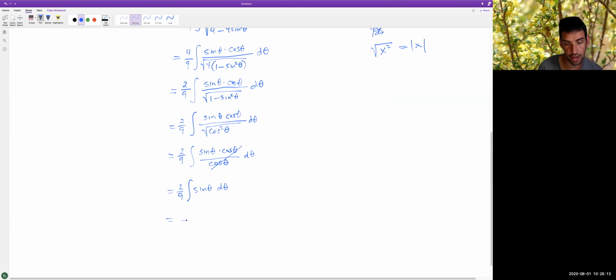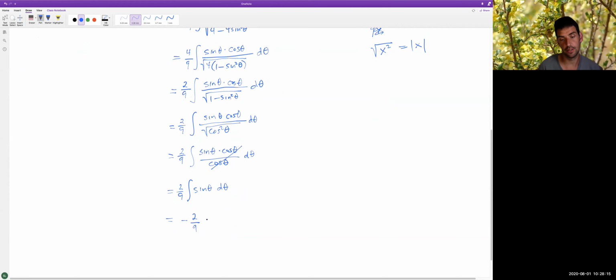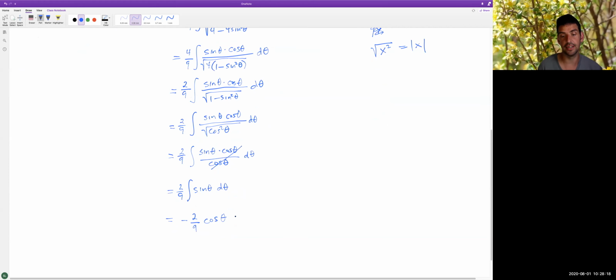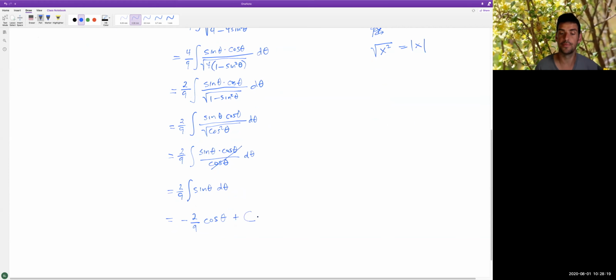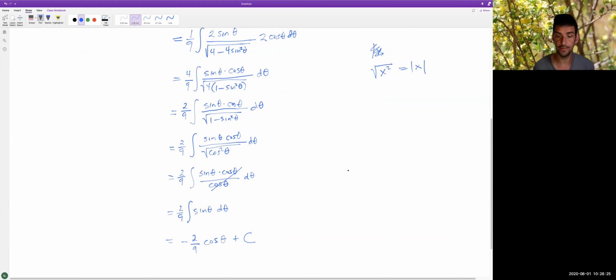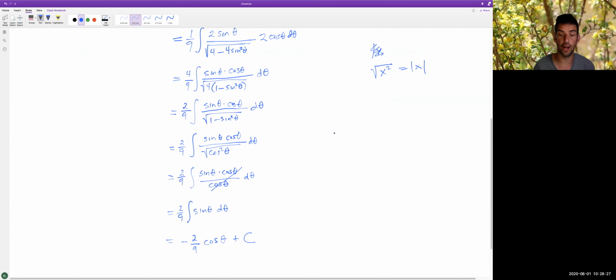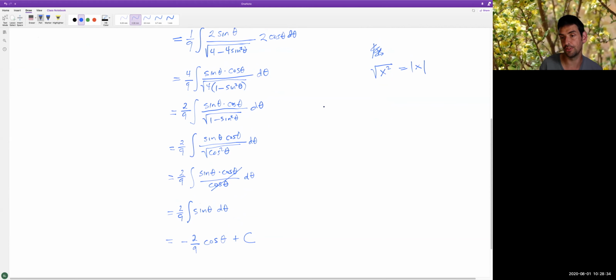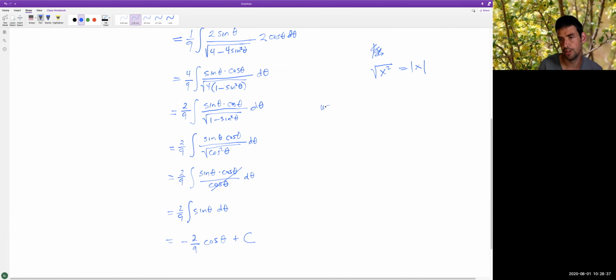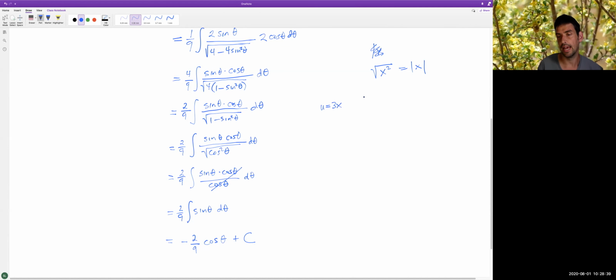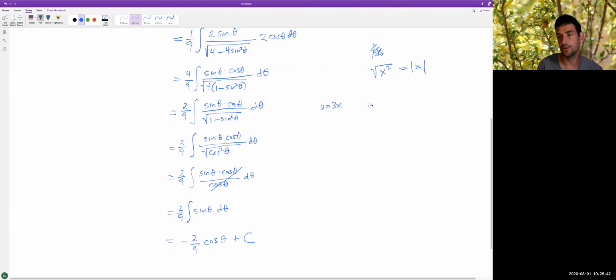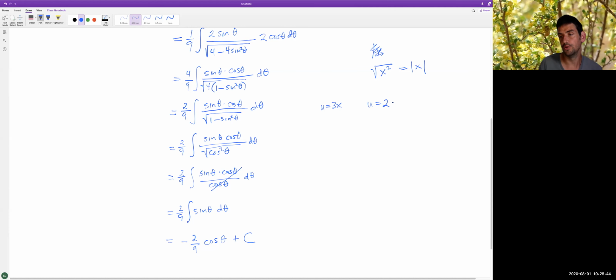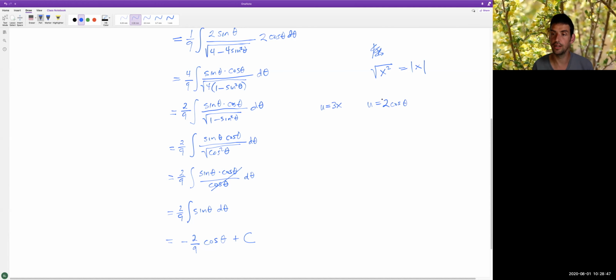The antiderivative of sine of theta is negative cosine theta, and then we want our plus c. Now, we're not quite finished, because I want this in terms of x. So let's copy our substitutions. We had used 2 substitutions. We had u equals 3x, and we had u equals 2 cosine theta,